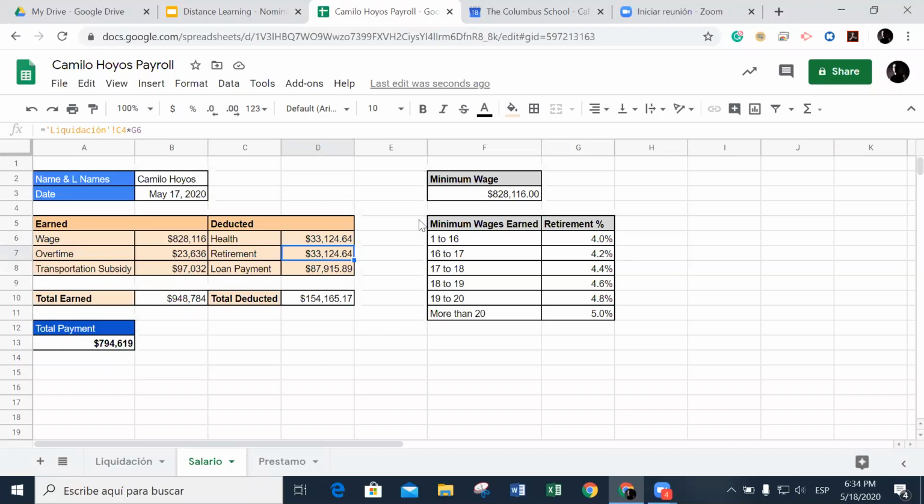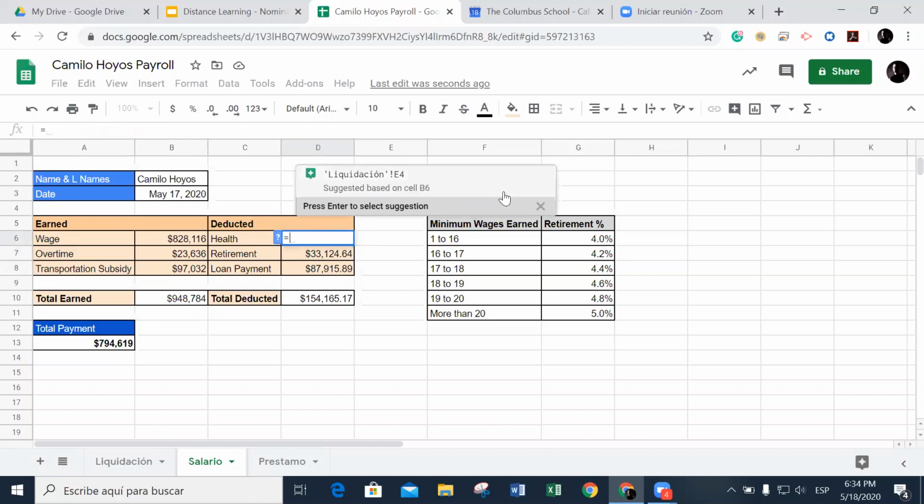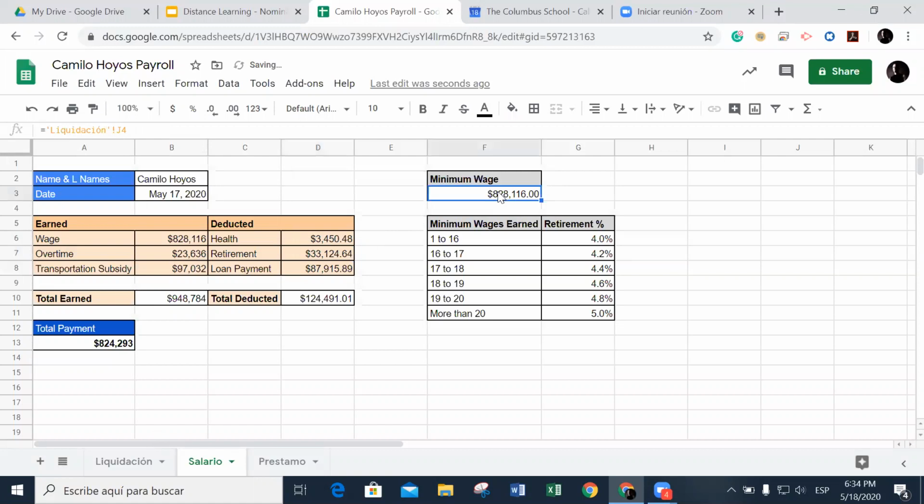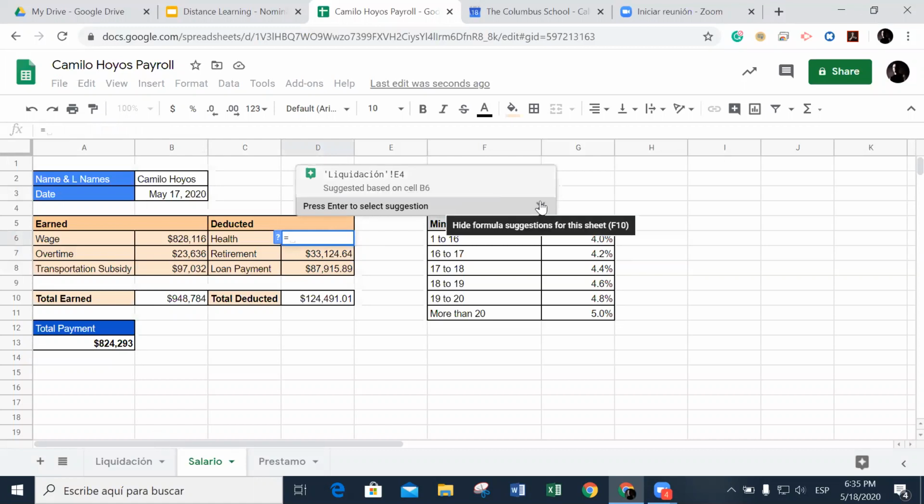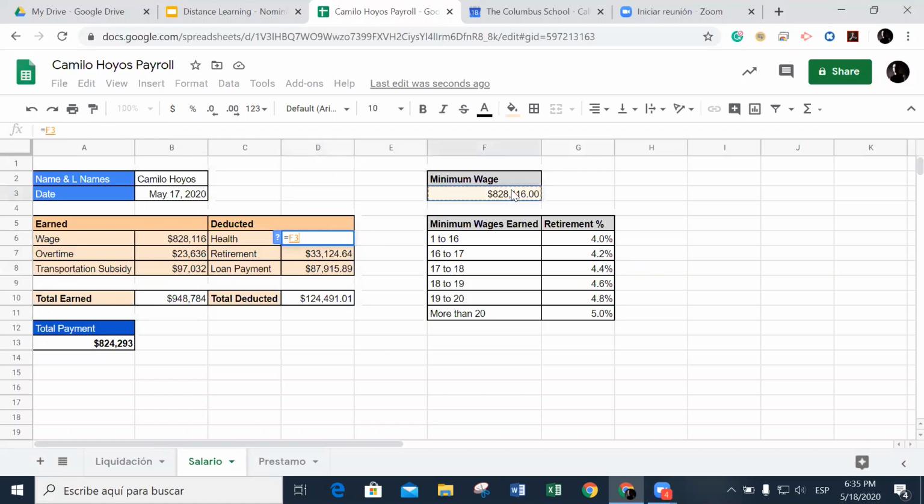Now, just to make it easier, I'm just going to reference it right here and not on this tab. So I'm going to repeat this one. I'm going to click equals, then click on this tab right here. Wait, health equals this, times, and then I'm going to put 4%. Perfect. Now the retirement. For the retirement, the government is telling me, and look at this little table right here,